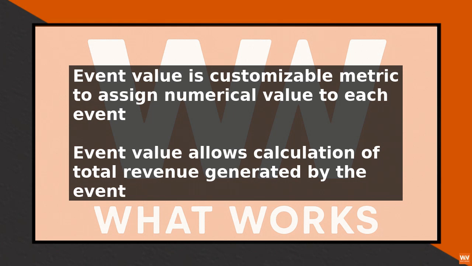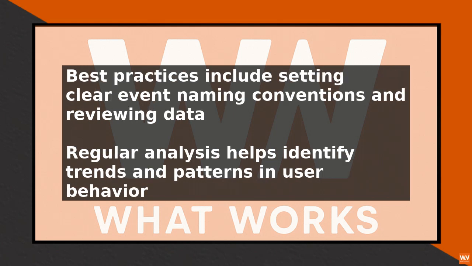For example, you can see which buttons are clicked the most, which videos are played the most, or which forms are submitted the most. This information can help you optimize your website or application to improve user experience and increase conversions. Best practices for interpreting Google Analytics event tracking include setting up clear and consistent event naming conventions, using event